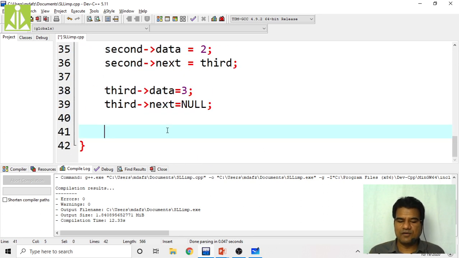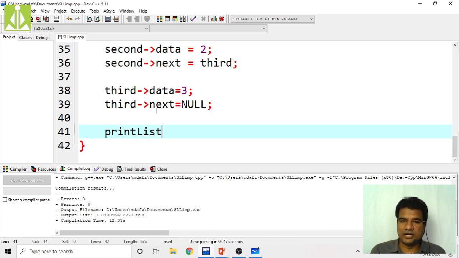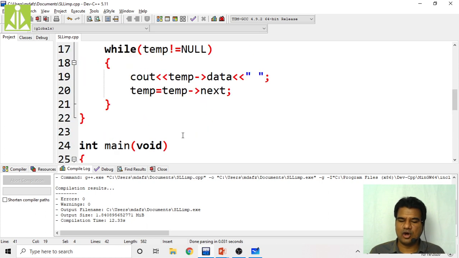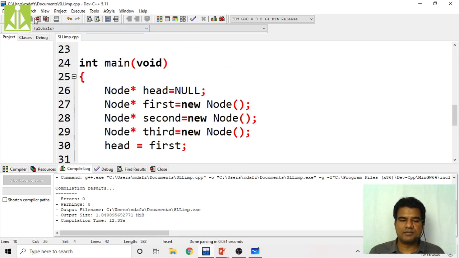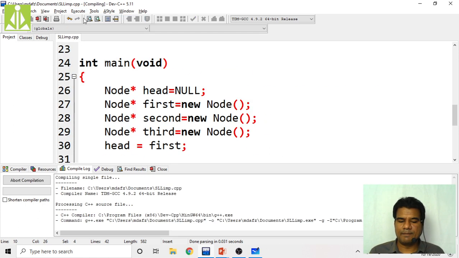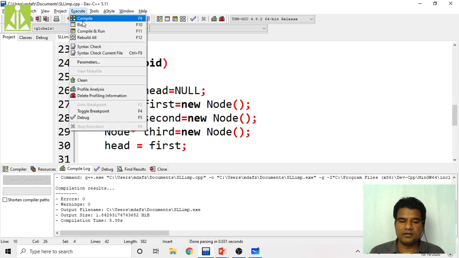That's it. So now I'm calling that print list function, and we see whether it will print the linked list on the output screen or not. So print list of what do we have to pass? The head pointer, because this head is only pointing to the first node, and from the first node we have to reach till the end node. Whatever head is holding, that same thing will get copied into this temp, and from there the processing happens. I have already saved it. So compile, it's taking time. It is successfully compiled, then run.